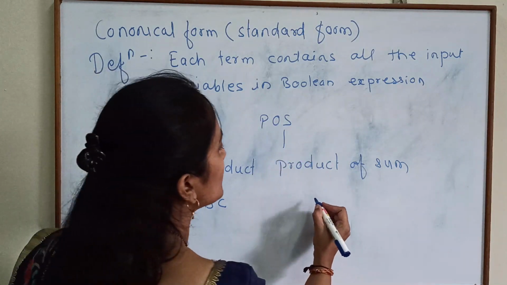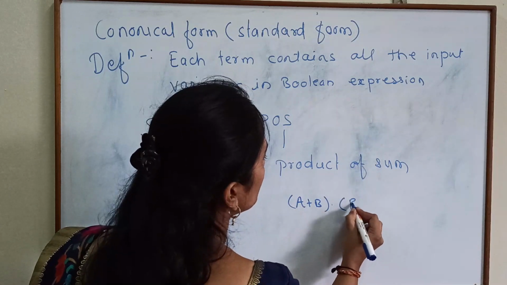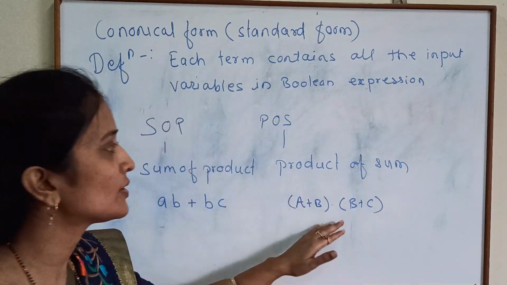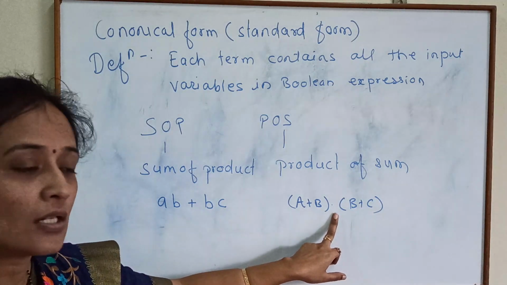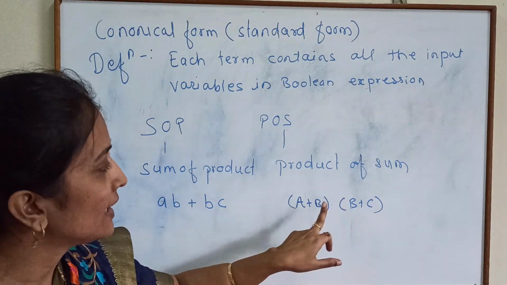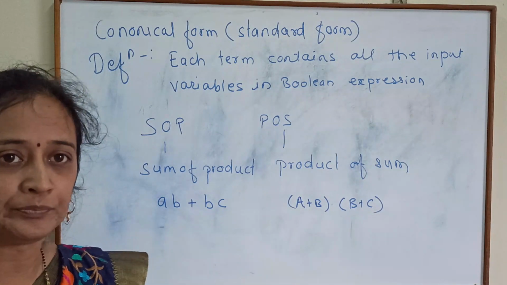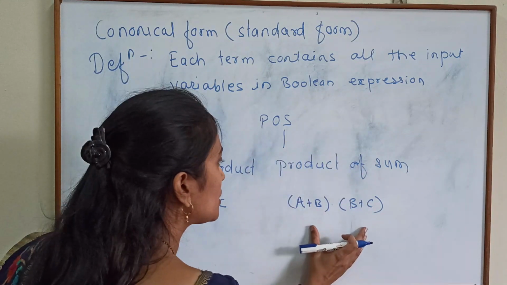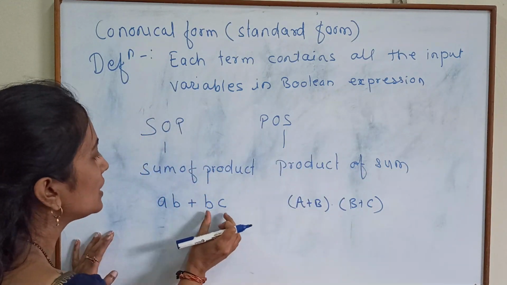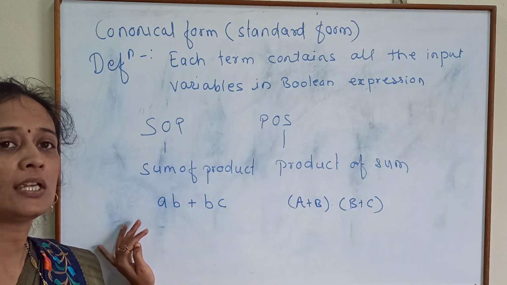What is product of sum? A plus B into B plus C. This is called as a product of sum. This is product of which terms? A plus B, B plus C. A plus B is sum. Therefore, it is called as a product of sum. If in sum of product or product of sum, each term contains all the input variables, then that expression is